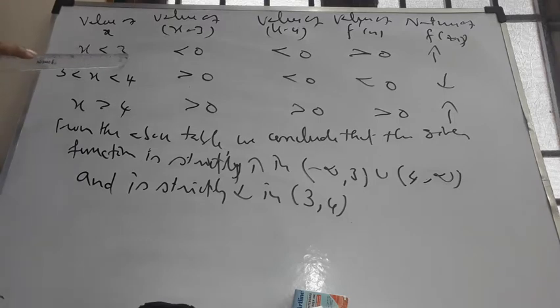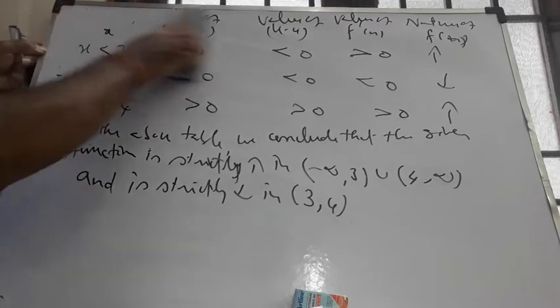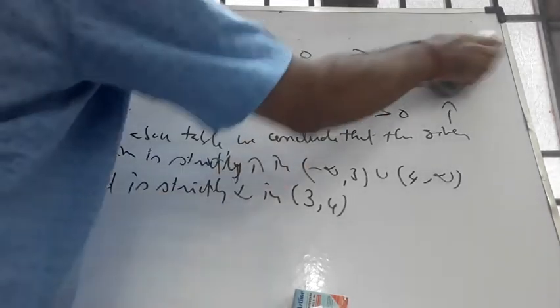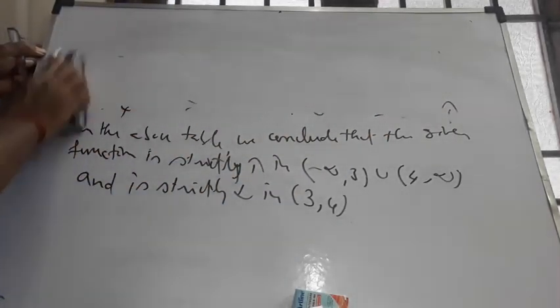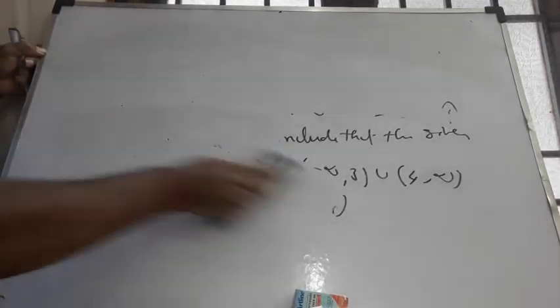Increasing, how do you write this? Minus infinity comma 3 union 4 comma infinity. That is the way it is being done. Okay, I think it's very clear. It's not difficult to follow. You need to just apply your mind to how you go about it. Only that much. Then next sum, just listen carefully.